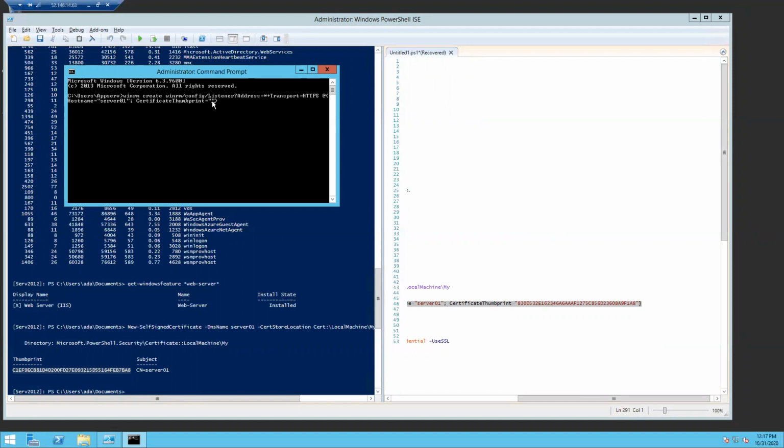Okay, cool. So you paste it, and then before you go ahead and hit enter, here you're going to